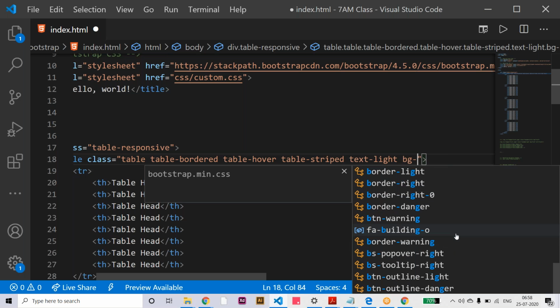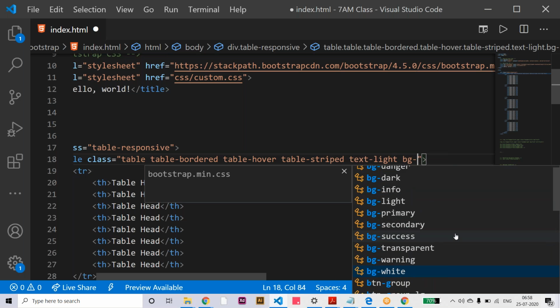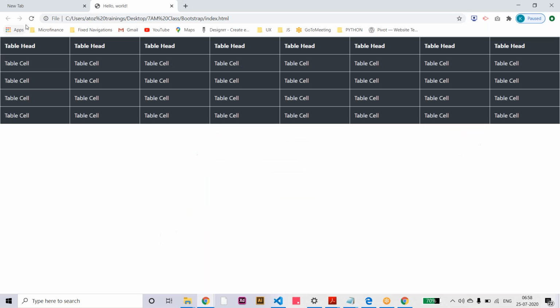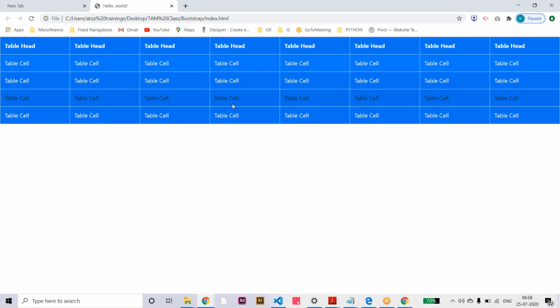The table dark, let's say table info, primary, secondary. Let's apply the primary class. Now the blue color theme here, table primary.